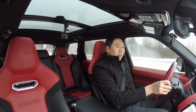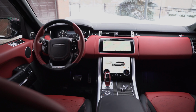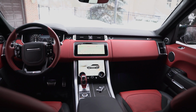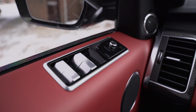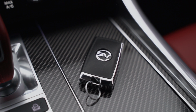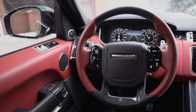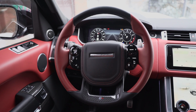What is the interior like? It's definitely nice. Is it the best in the segment? I don't think so. There's a very nice blend of high quality leather, a lot of carbon fiber trim as the SVR, so across the center dash here. We got some trim on the steering wheel. And this one has been finished in contrast black and red, and it looks really sporty, very luxurious,